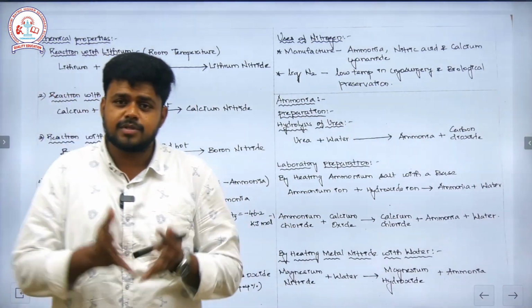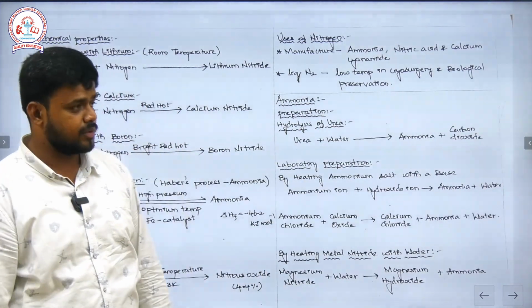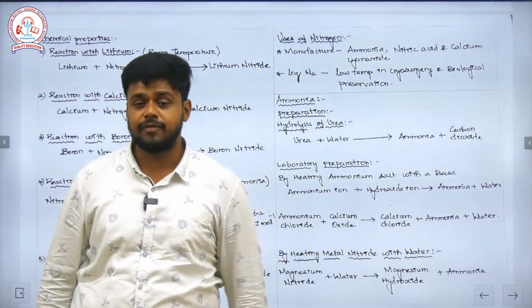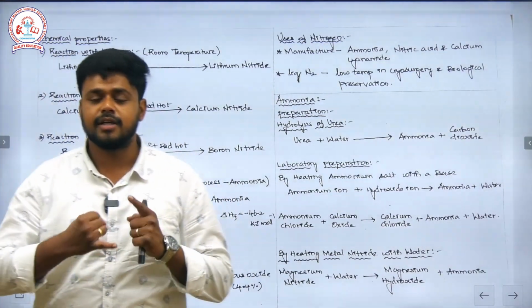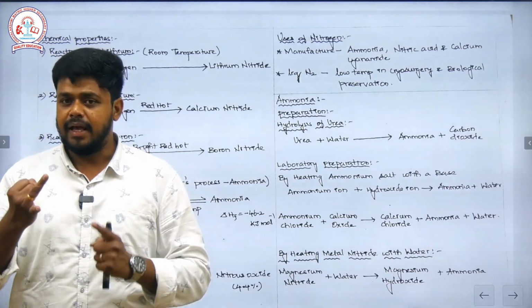It has the ability to preserve the biological specimens. So that is why it is used as a biological preservative. See, I am coming again once more with the preparation. The preparation of nitrogen includes the decomposition of sodium azide at 575 Kelvin, then the distillation of